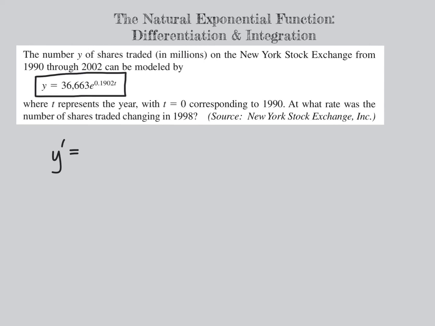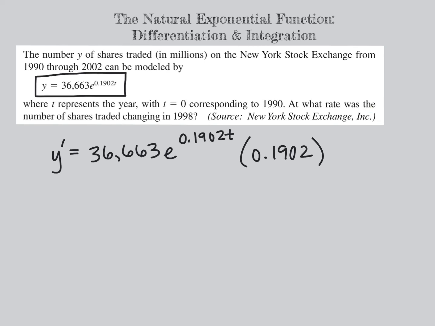In this case, y prime is actually pretty simple to find. It's pretty much a straight up e to the x, or e to the t rather, problem. So we're going to keep that 36,663 coefficient, and then e to the 0.1902t. Then we simply need to multiply by the derivative of the exponent up here, which is just this coefficient of t. So it's times 0.1902. Now in this case, you don't really need to clean it up too much because the question is simply